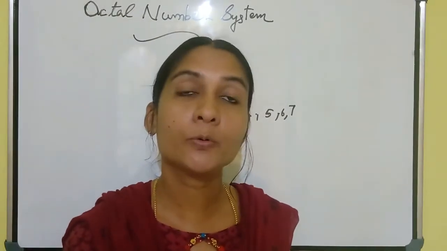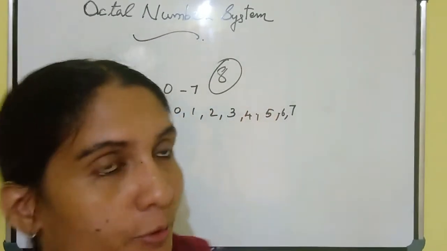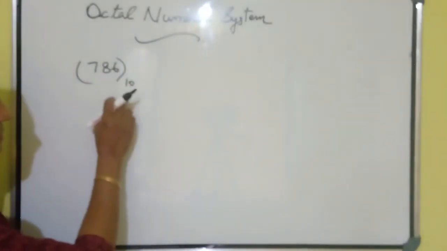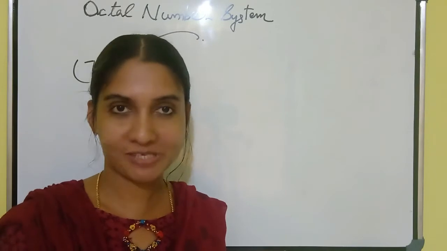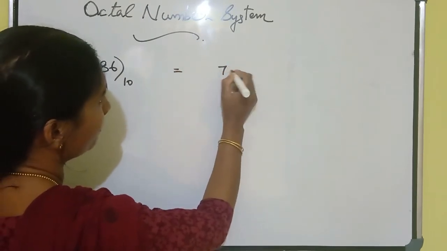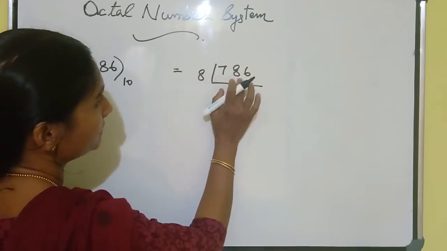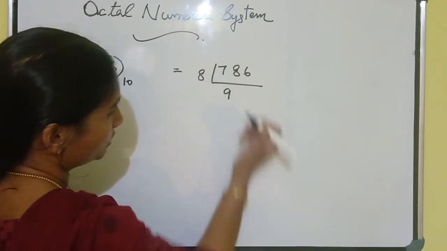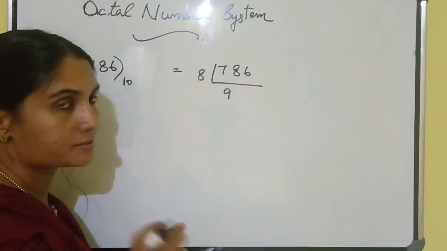Okay. Shall we convert a decimal number to an octal number? Can you do it? I will show you. There is an example. The example is 786. This is a decimal number. How can you convert this number to an octal number? We all know the base of the octal number is 8. Then you have to divide this number by 8. 786 divided by 8. In 7 it will not go, then we will take 78. That means 9 into 8 we will get 72. That quotient we can write here. How much is left? 78 minus 72 you will get 6.